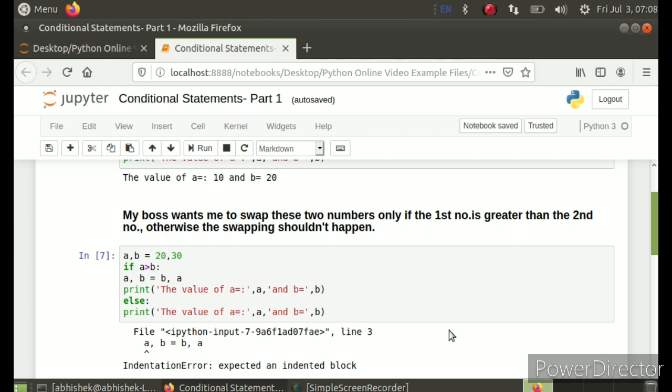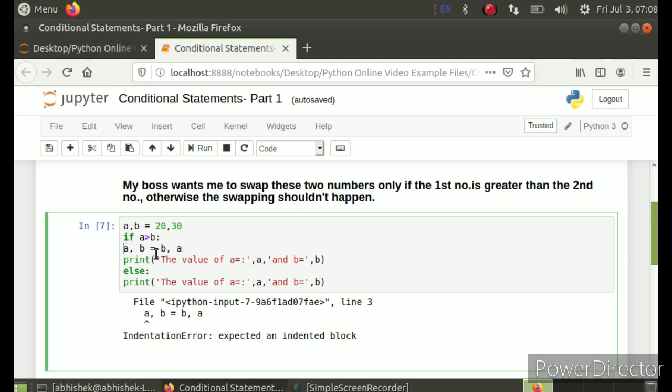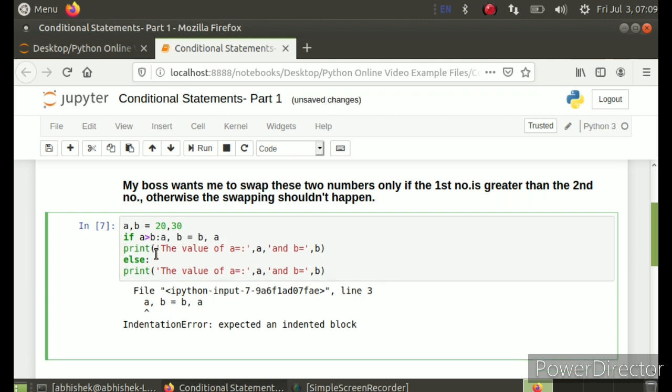Indentation error, and this error is now in the second line. You can see the caret sign there. It's not in the if or else line. So what this indentation error means, expected an indented block. Now this is one of the most important errors in Python to begin with. It means that your program is correct, but your program has not been aligned, or Python does not know what to do if a statement is true.